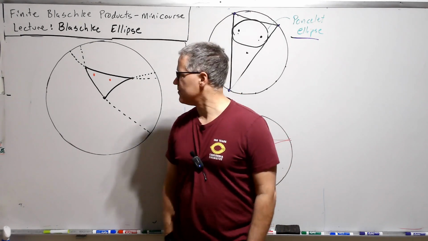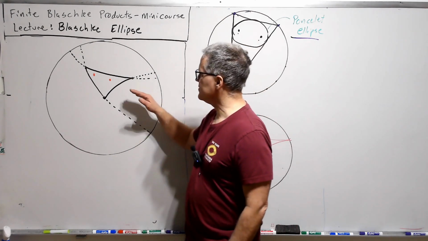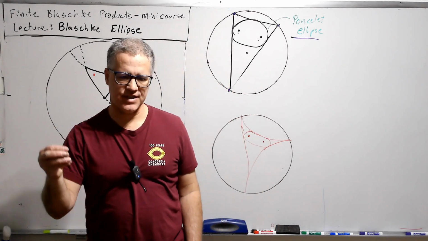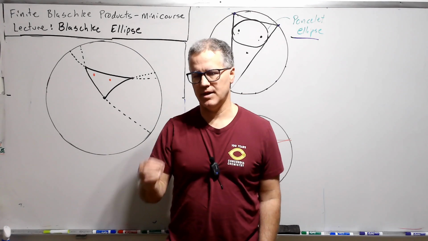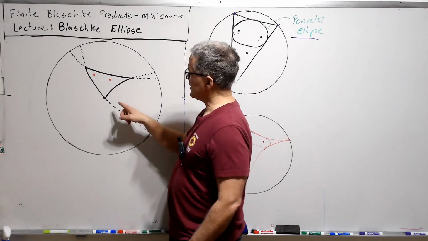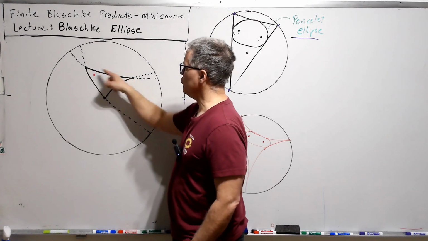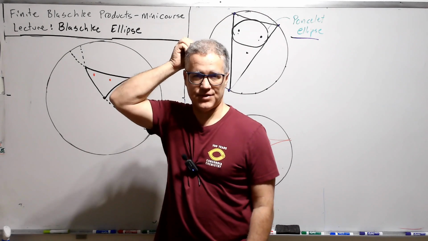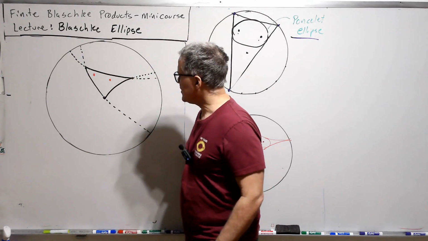So first of all, throughout this, we're going to use as an example the degree 3 Blaschke product. And also normalized. So we're going to have a 0 at 0, and then we're going to have two non-zero zeros. So these zero positions will be somewhere else. Now it turns out that